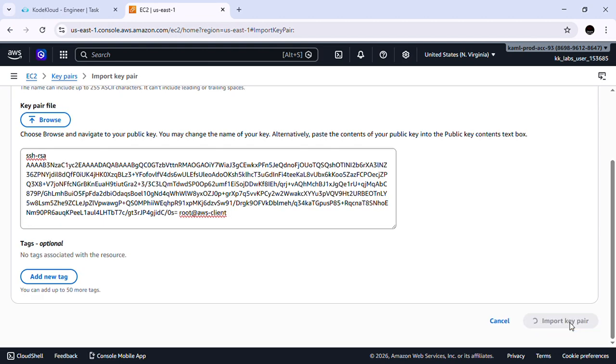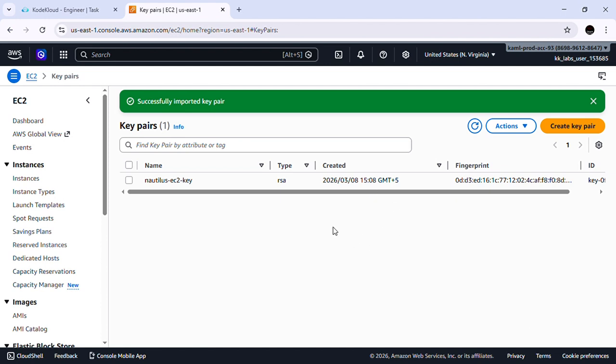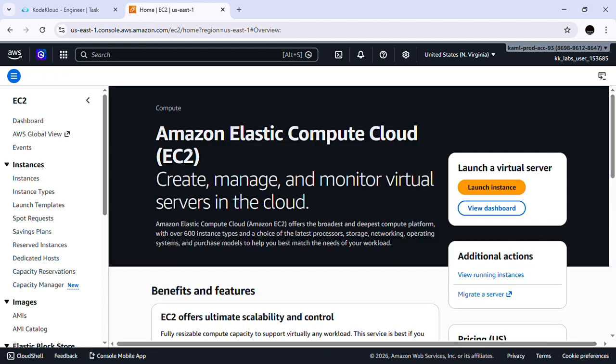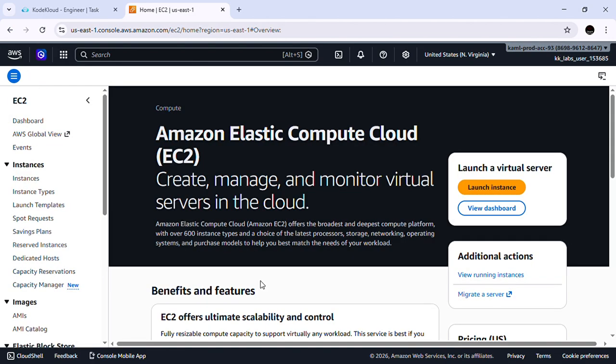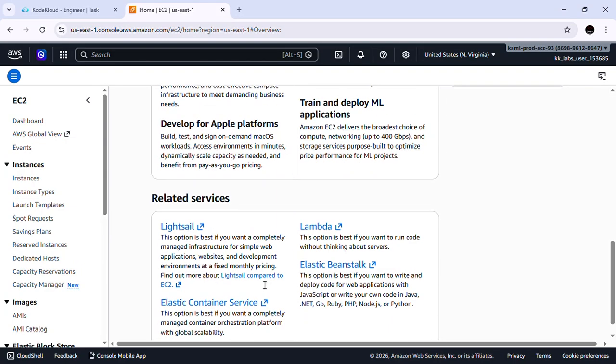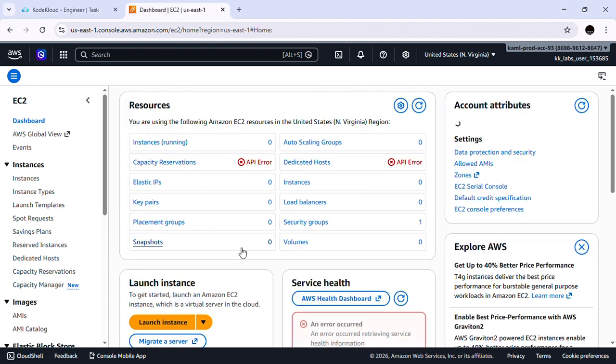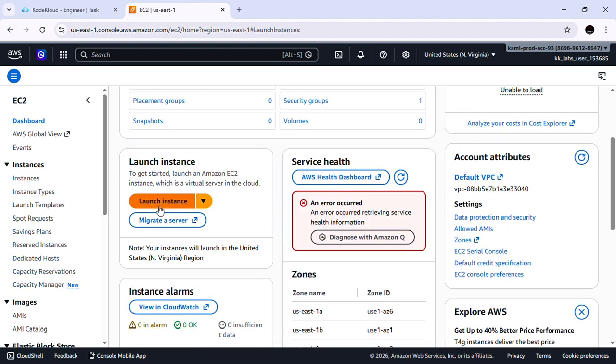Click on import key pair. So let's create EC2 instance. Click on launch instance. EC2 dashboard, click here, launch instance,